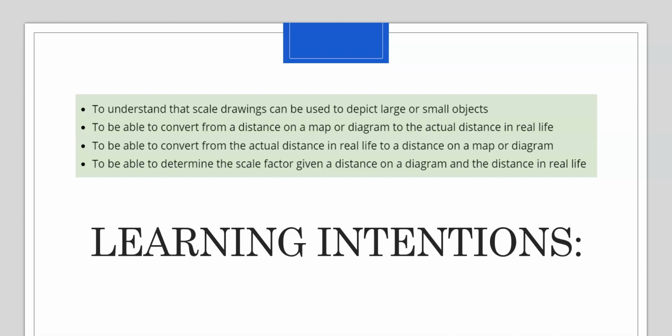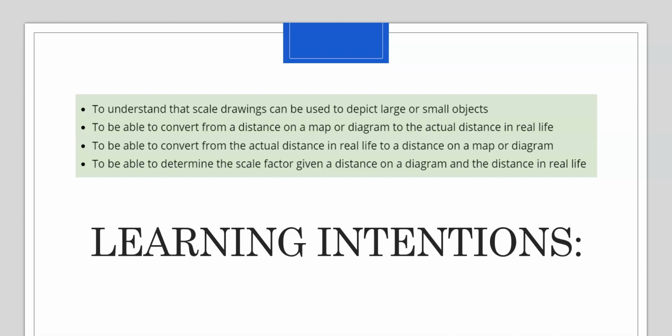So first of all, obviously those learning intentions. It's to understand that scale drawings can be used to depict large or small objects. So basically you can use a scale drawing either to draw something that's very small, increasing the scale, or drawing something that's very big, decreasing that scale so that you can fit it on one page and understand